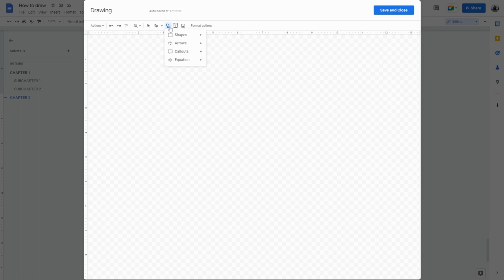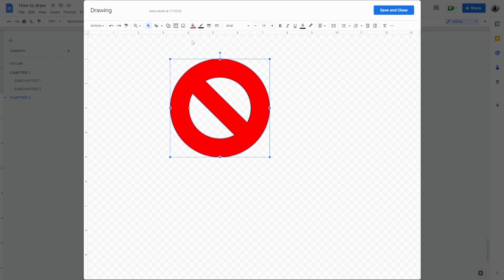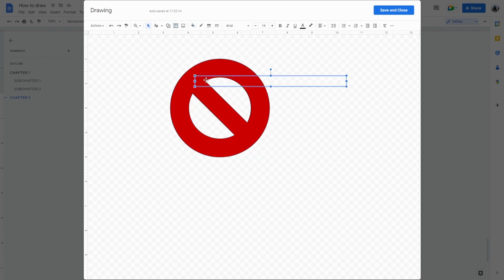You can select shape and select this. You can make it so that it has random colors. You can make it so it has text on top of it. So you can do,